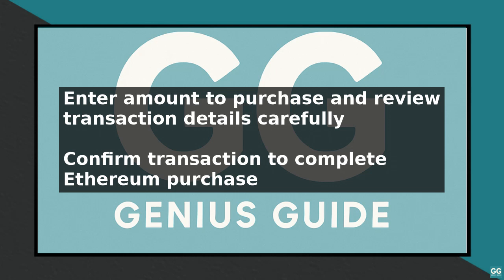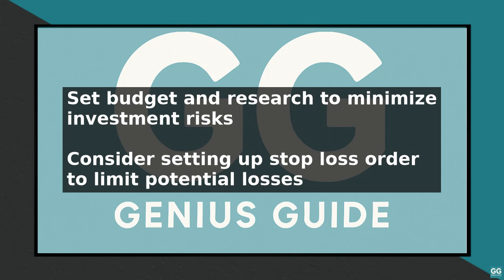Revolut also offers a recurring buy feature, which allows you to invest a fixed amount of money in Ethereum at regular intervals. This can help you reduce the impact of market volatility and avoid making impulsive investment decisions based on short-term price fluctuations. In conclusion, buying Ethereum using Revolut is a straightforward process that can be completed in a few